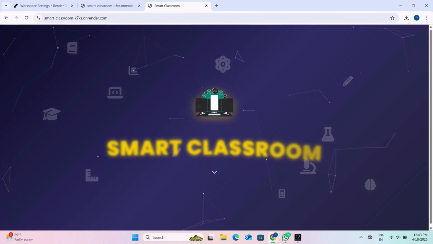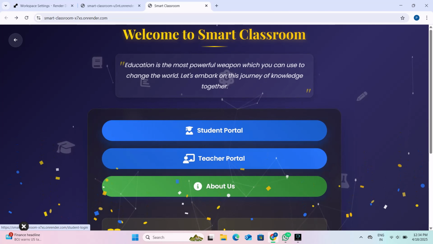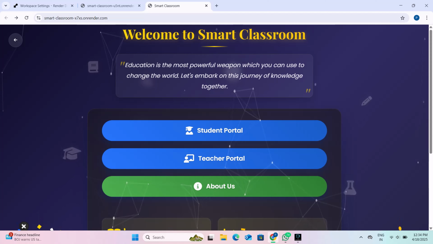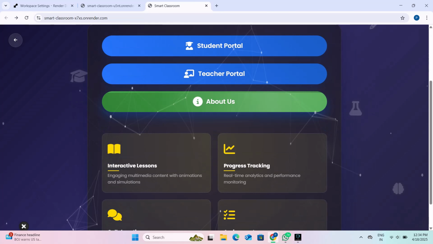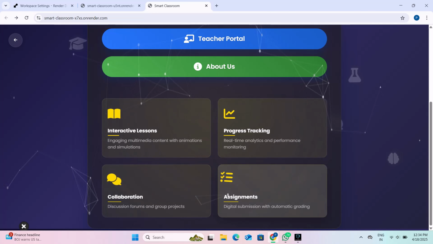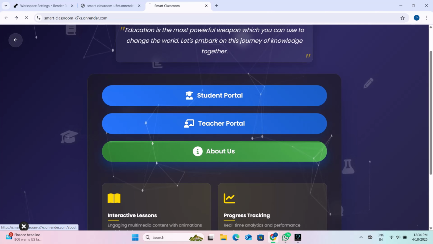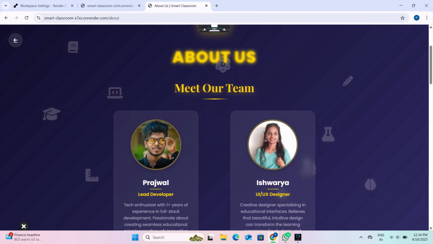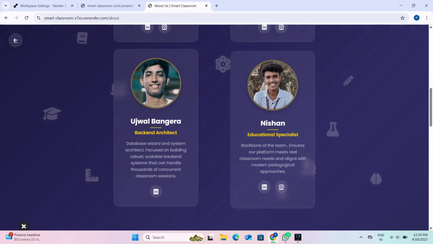Let's start and see what features are available inside the project. This is the starting page that will be displayed. Here you can see some of the features of the app or web. The About Us page contains the details of the